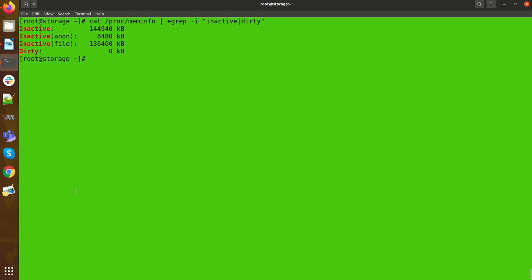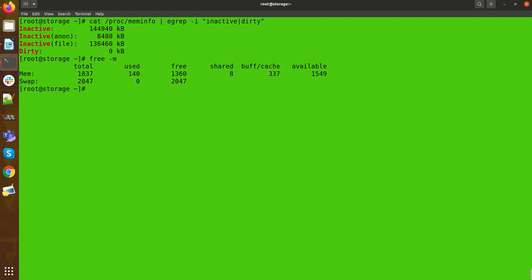If the size of inactive dirty is high, then RAM will throw it back to the disk with the use of the pdflush thread. There is a concept called pdflush thread, which throws back all the pages from RAM to disk. And we have one command.